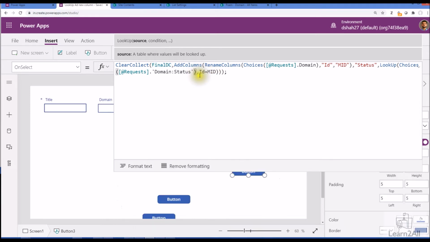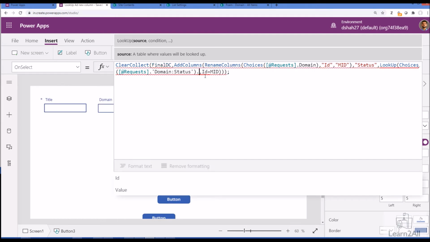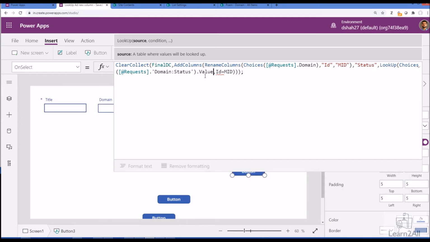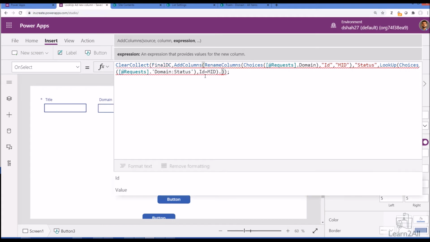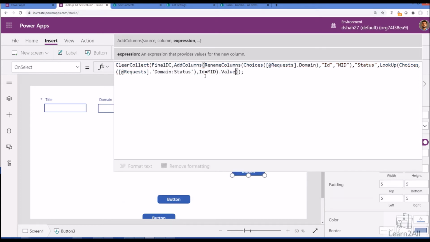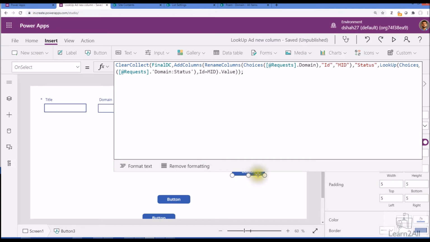So from here we just need to take dot value, right? We just need to keep dot value, right?